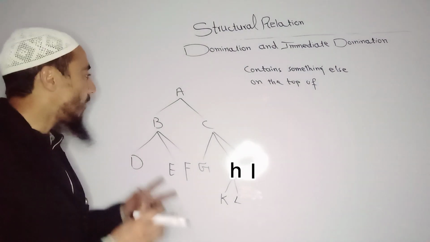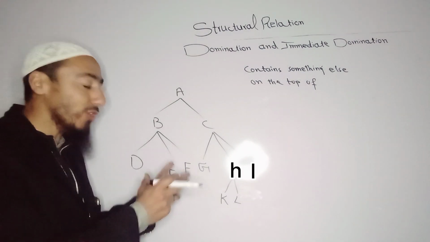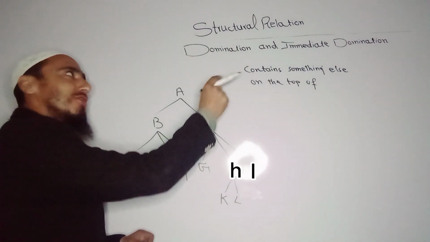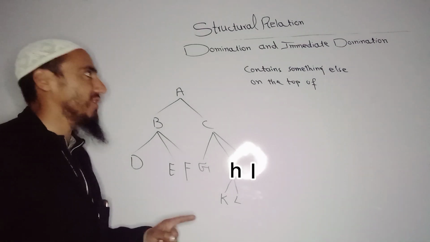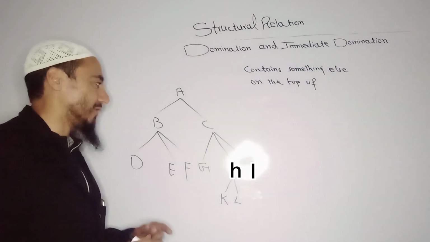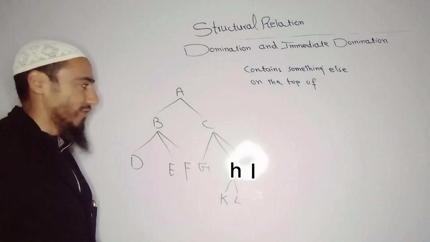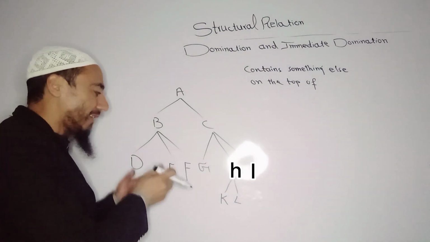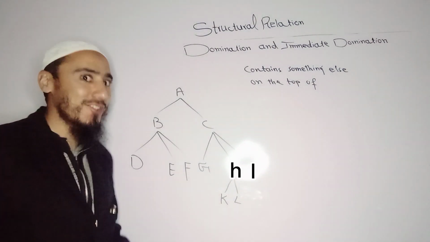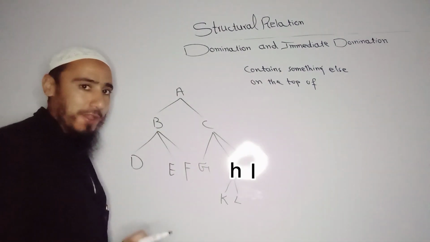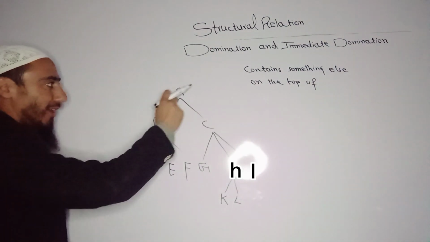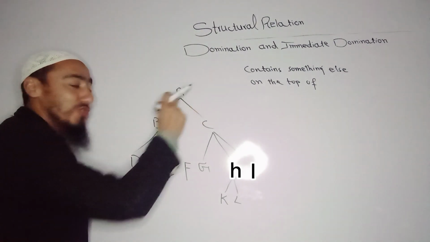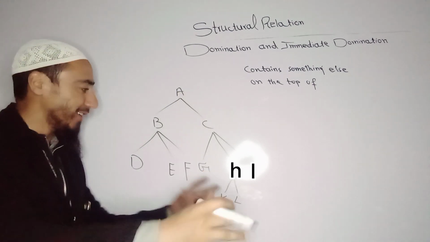Now, listeners and audience, you already know about this. That here actually I'm talking about the sentence structure and structural relation. And in structural relation, our topic is connected to domination and immediate domination. You already know about this structure, like we have A like sentence, and then we have NP and VP, and the rest of them are the nodes or the strings of the NP and VP. However, come back. So now when I say domination, domination means that you see generally A dominates the entire